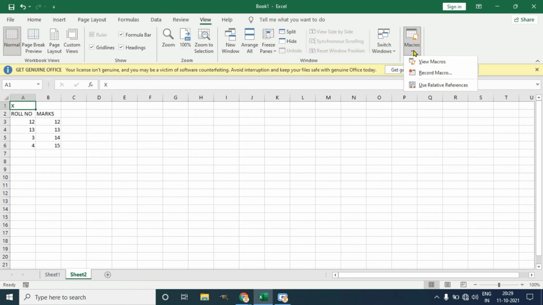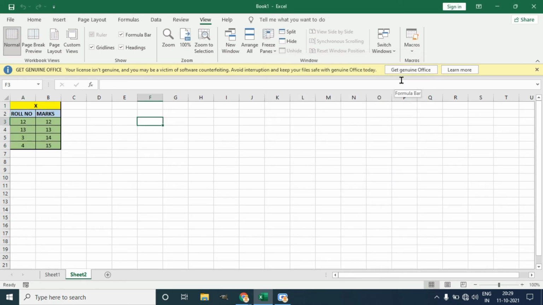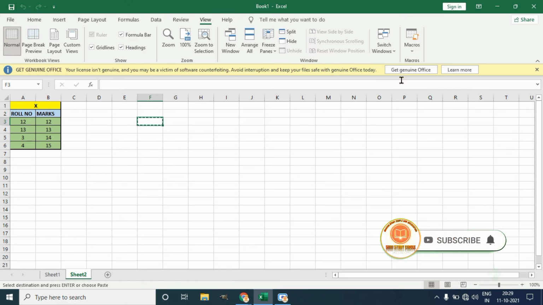The next step is to see the list of saved macros using View Macros. Now I'm getting the Formatting macro. Just click on Run, and I got the complete attributes which I saved in sheet number 1 by using my formatting macro. One more way: I'm just erasing everything.